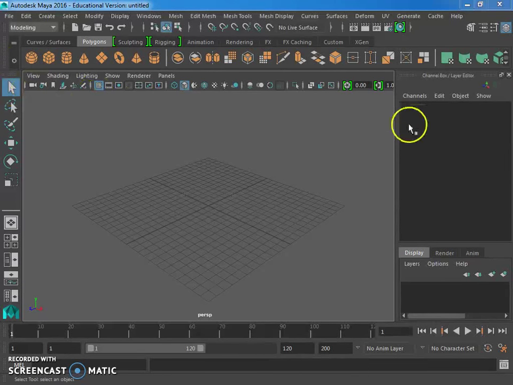This is called the viewport, this kind of gray workspace here. So there are a couple of hotkeys that I want to show you. First of all, there's these,